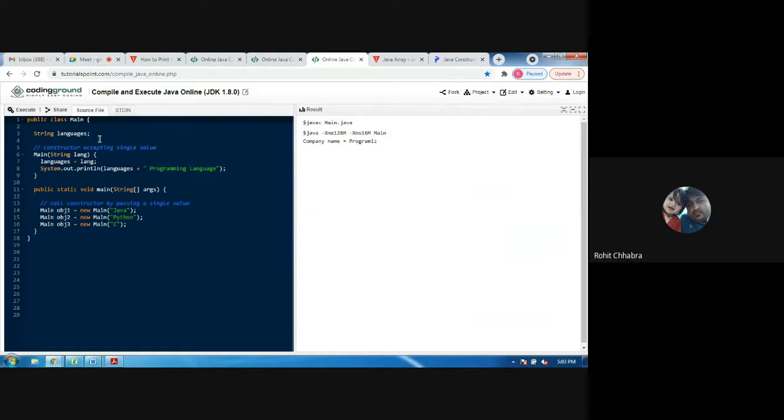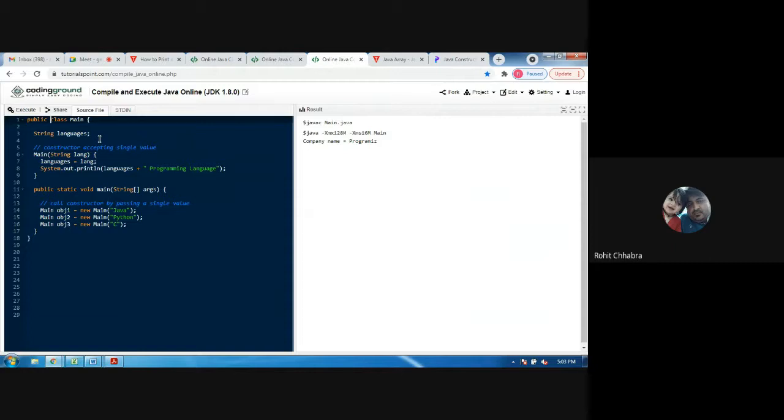In this we have created three objects, obj1, obj2, obj3, and in obj1 we are passing the string Java, in obj2 we are passing the string Python, and in obj3 we are passing C.